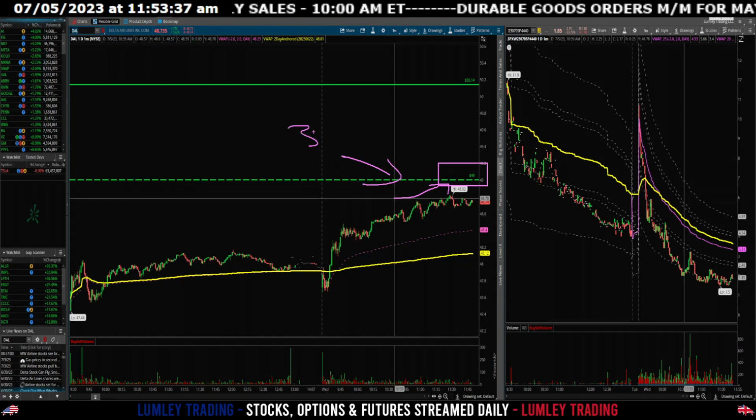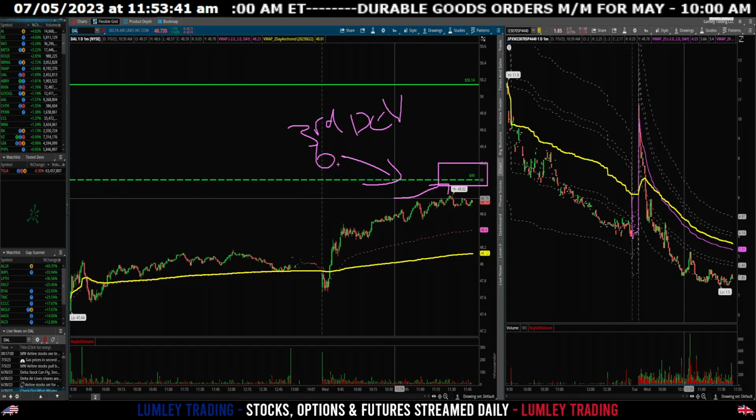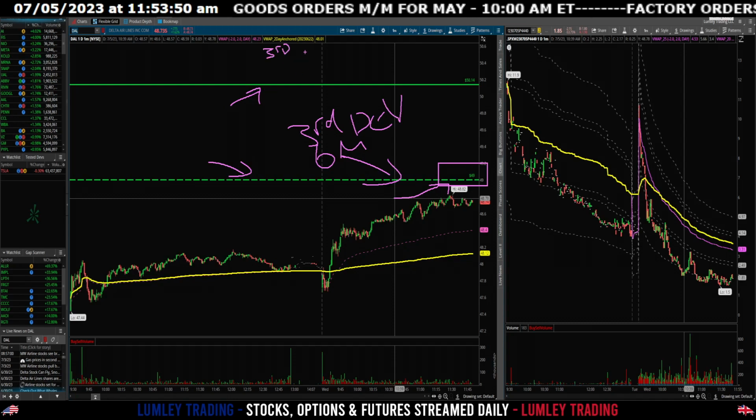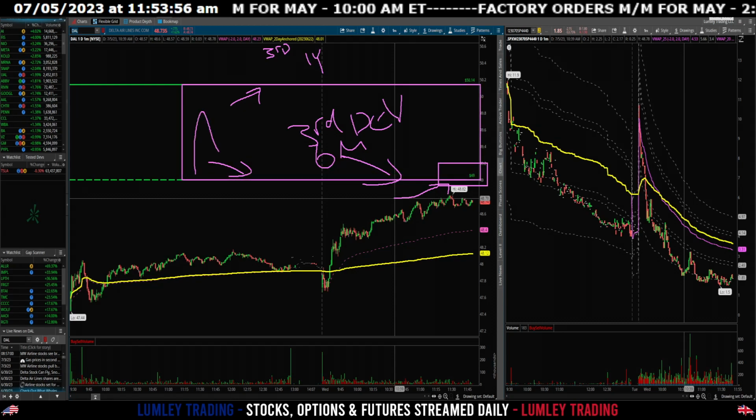This is our third deviation on, what, the 6 month. So again, just so you know, when you're watching this channel, the dashed lines are 6 month charts and the solid lines are 1 year. So again, this green one is also a third deviation, but from the 1 year. So what we see when we see stocks is very rare that stocks can hold or break and hold above